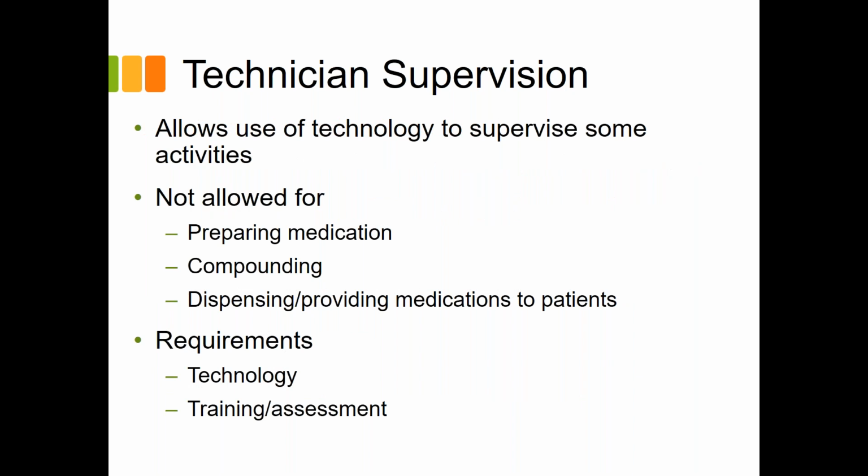So this does allow the use of technology to supervise activities. Now, some activities cannot be supervised unless you're in a special class of pharmacy, and that would be preparing medication, compounding, or dispensing and providing medications. That is allowed in a class R, which I'll talk about in a future slide. And then the rule goes on to require a certain kind of technology. It's not really specific. And then it does require special training and assessment of the technicians who are being supervised